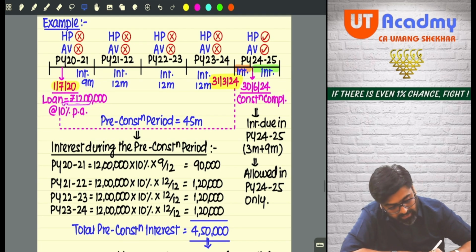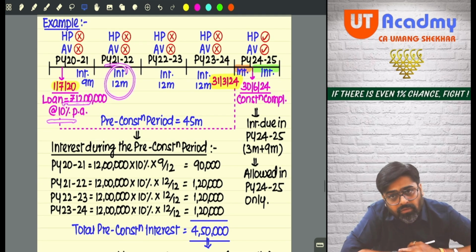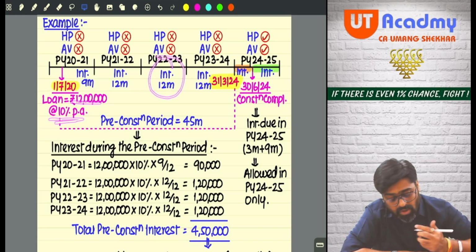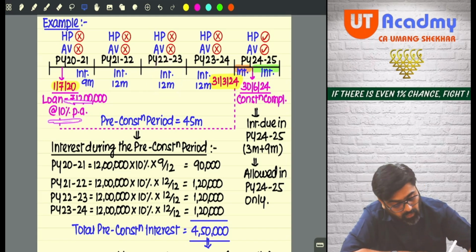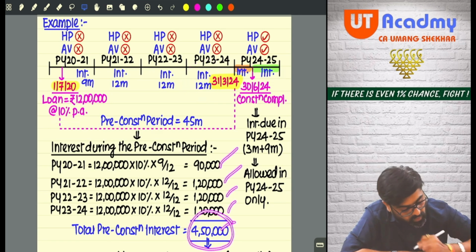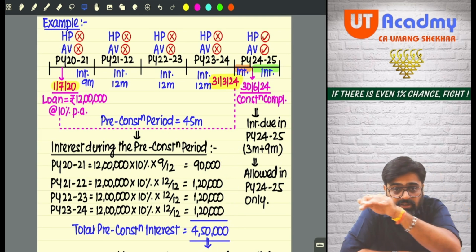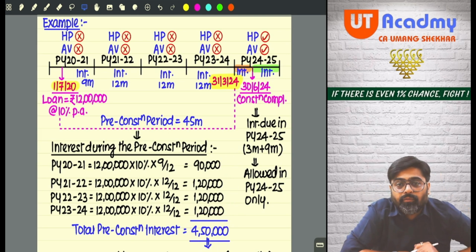On this 12 lakh, 10% will be calculated for 12 months, again for 12 months, and again for this 12 months. 1, 2, 3, 4, 5. 4 lakh 50,000. This is the total interest which becomes due in my pre-construction period, which I wanted to claim